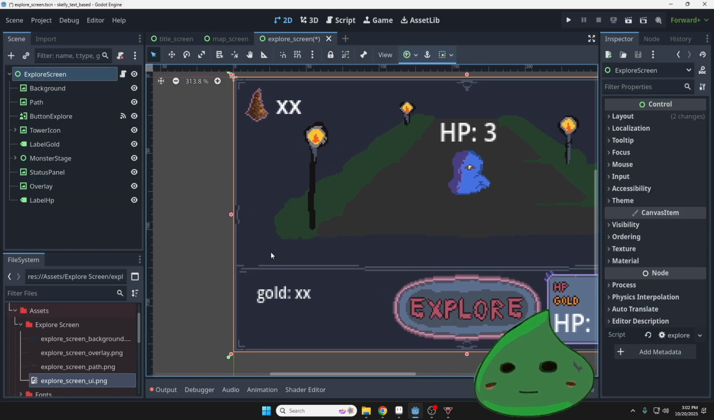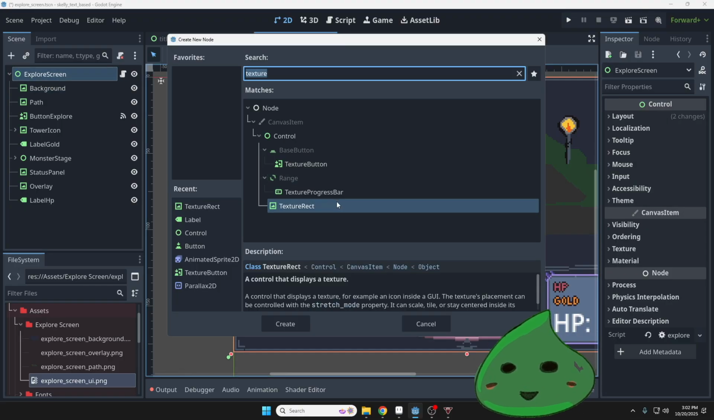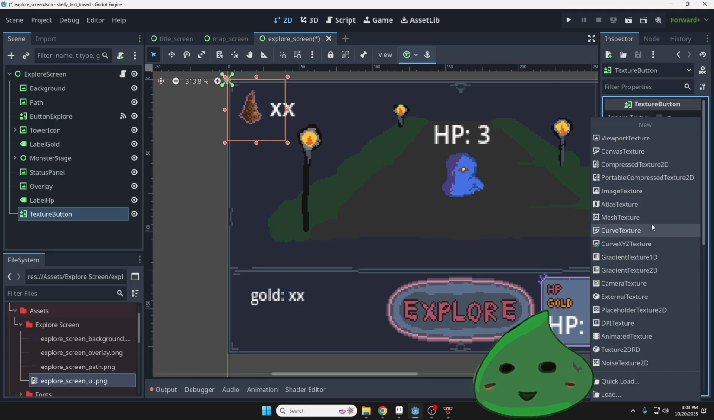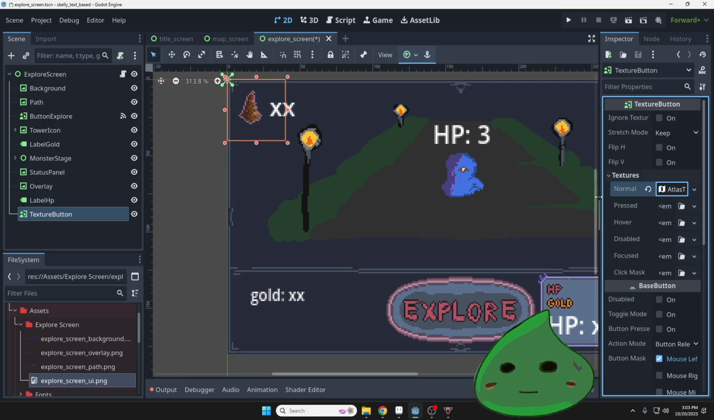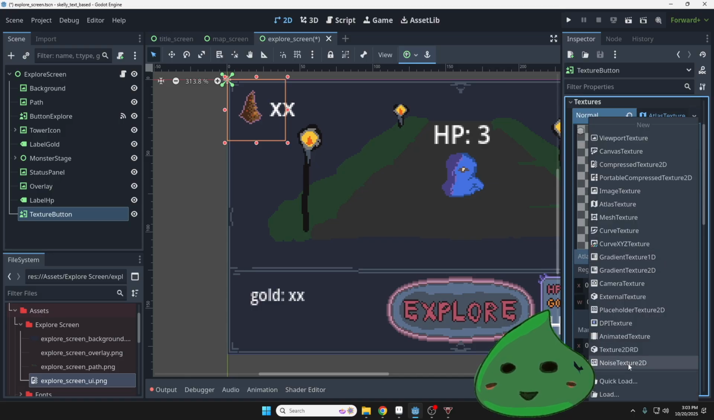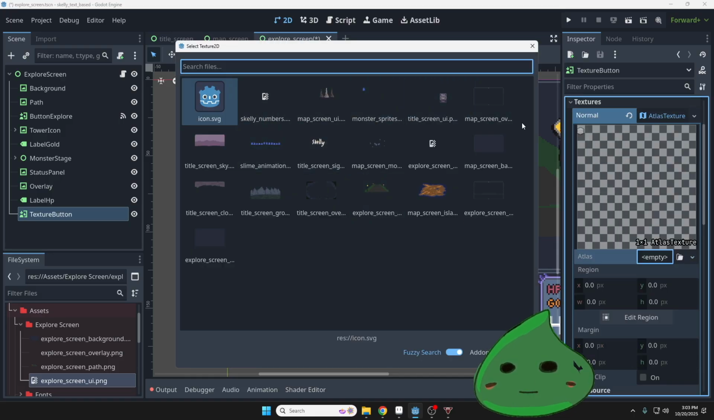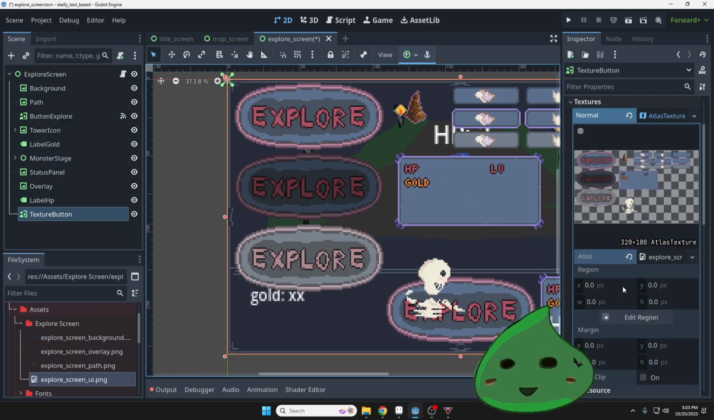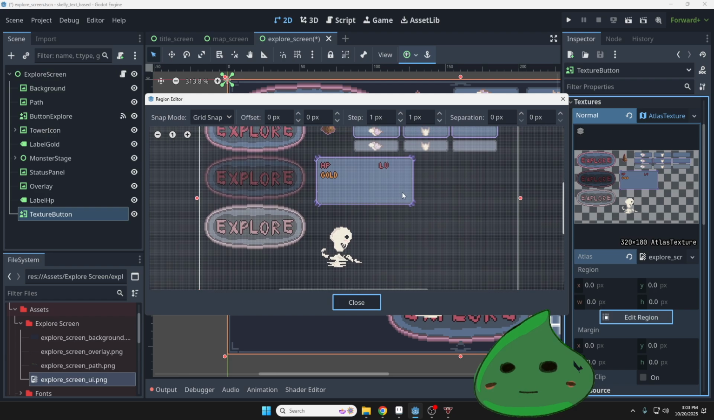Alright, so next we're going to create a couple buttons right here. Let's go up top to Explore screen again, Control A, and then add a texture button. And then right here in textures, we're going to go to Atlas texture, expand this just a little bit so you guys can see a little better. Right here, I'm going to go to quick load, and it doesn't pop up right here, or does it? Not immediately, so I'm just going to go find the file, throw it in, edit region,